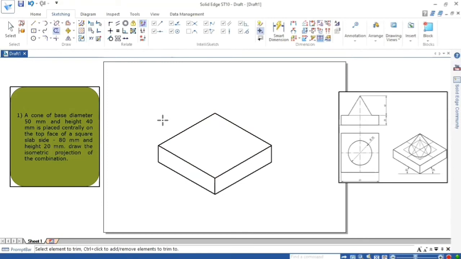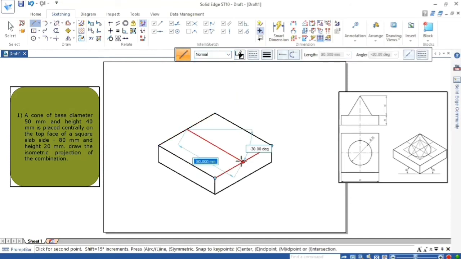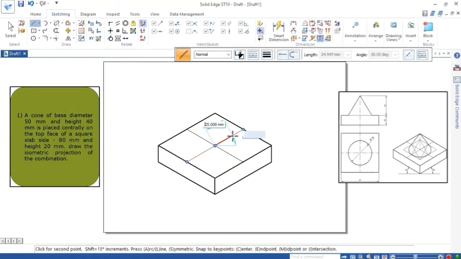Then above this, you have to locate a square box. Because the cone diameter will be 50, you get a square of 50. Locate the center using a normal line or projection line from the midpoint of this side to the midpoint of the other side. Then construct from here a 30-degree line, 25, enter.